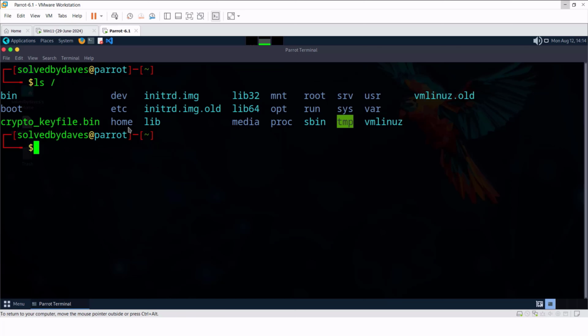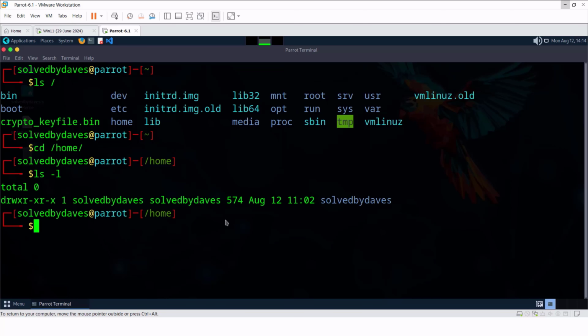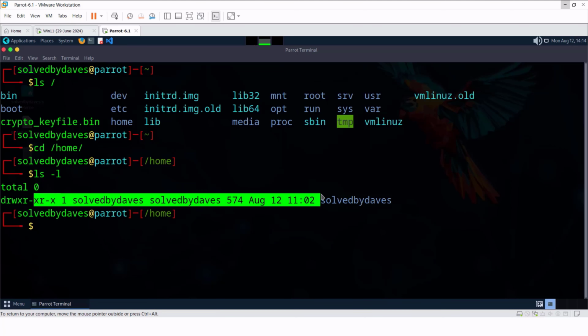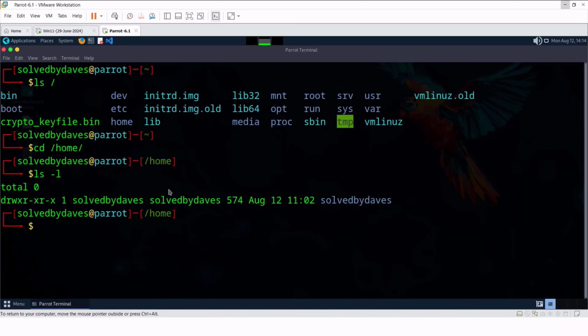So within the home directory, if you wanted to actually access that directory, what you can do is cd, change directory, slash home, and then the username, it's going to be solved by Dave, right? If you wanted to only access the home directory, you can just do cd and then slash, which means root, and within the root directory we've got the home directory. And then if I hit enter, it now shows you that you are currently in your home directory. So ls space minus l, hit enter, it shows you that currently you are in this specific directory and you have got a user directory, just like the